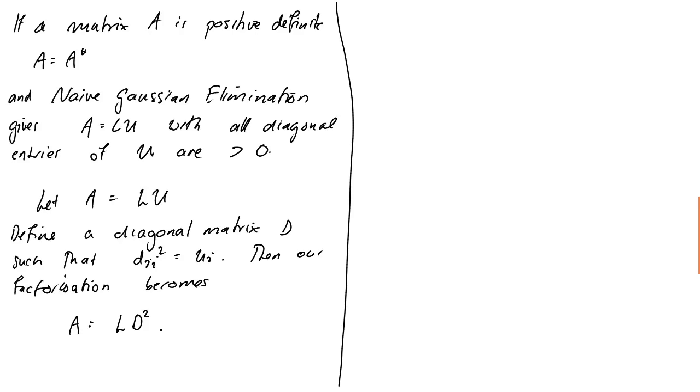Now, if we're multiplying a matrix by a diagonal matrix, that basically scales. If I multiply D squared times a matrix here, that will scale each row of that matrix by the corresponding entry of D. So we'll have an upper triangular matrix here, which is basically U, where each row has been divided by u_ii. Call that R, upper triangular. So what we want to do is show